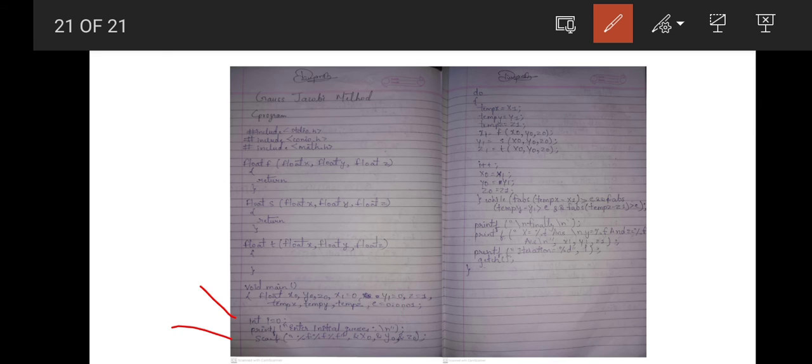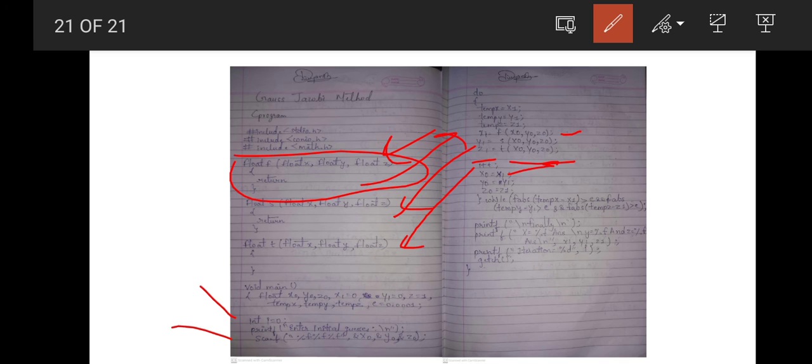In the do while loop, we assign the values x1, y1, z1 to tempx, tempy, tempz. Then we pass the values x0, y0, z0 to function f, and the returned value is stored in x1, and similarly for y1 and z1. Then we assign x1, y1 and z1 to x0, y0, z0 respectively.